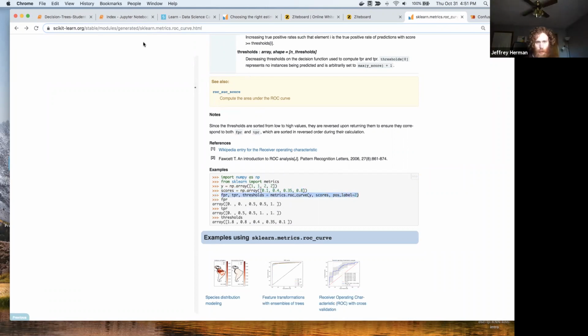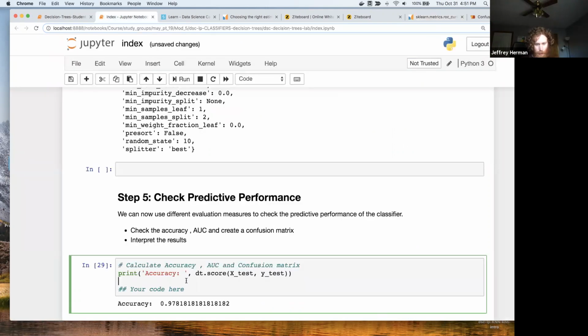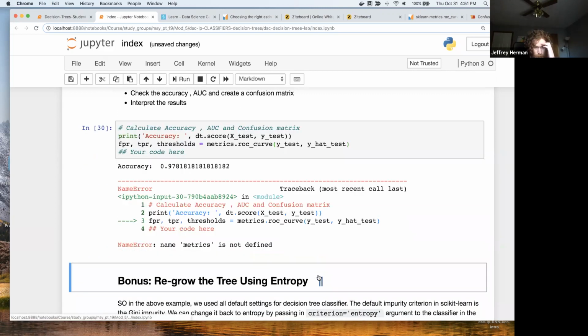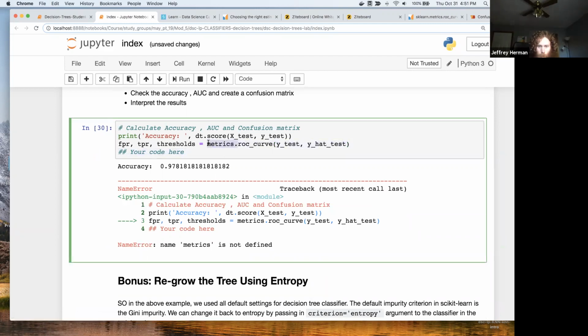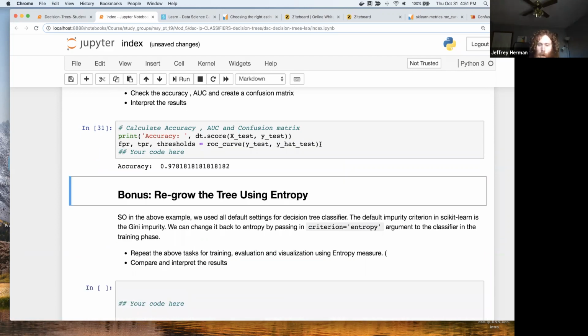I think it's nice just being able to grab an example. So false positive rate, we got our true positive rate, we got our thresholds. I don't need that. y_test and y_hat predict. And I don't need that because I imported it straight. And then for our AUC is